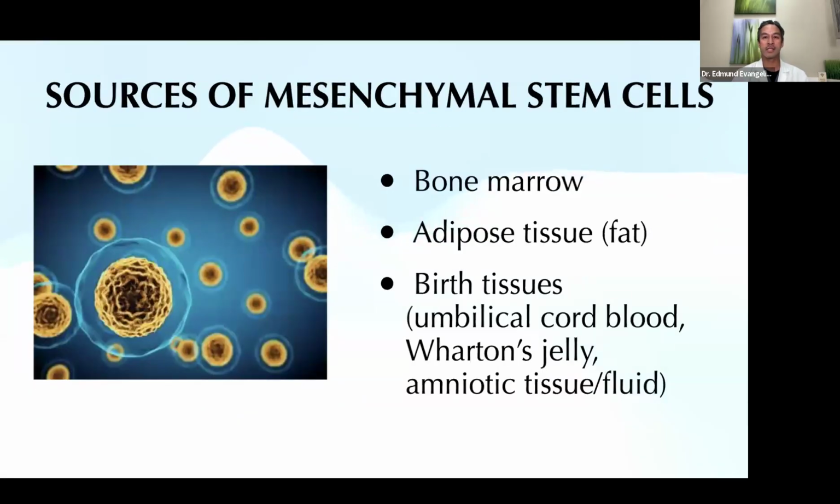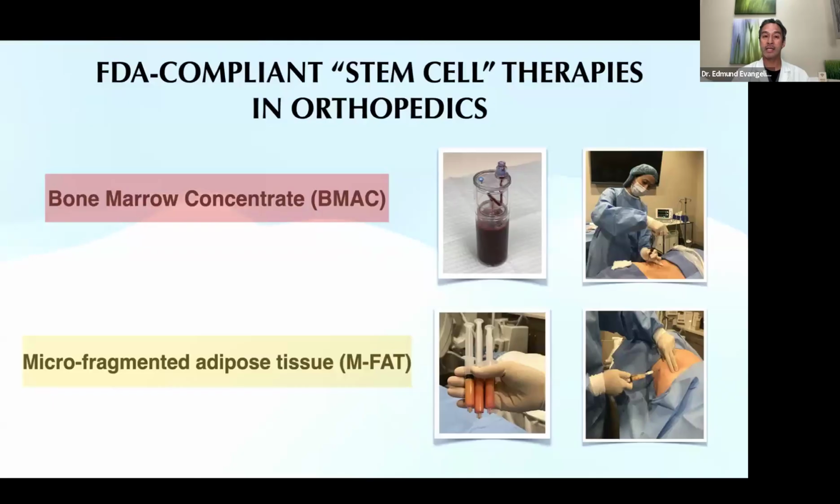So where are these mesenchymal stem cells located? We can find these in our own bone marrow. We can find them in our adipose tissue or fat, and they're also present in birth tissues, umbilical cord, Wharton's jelly, and amniotic tissue and fluid. So in orthopedics, we like using bone marrow and we like using fat to help regenerate or heal different orthopedic